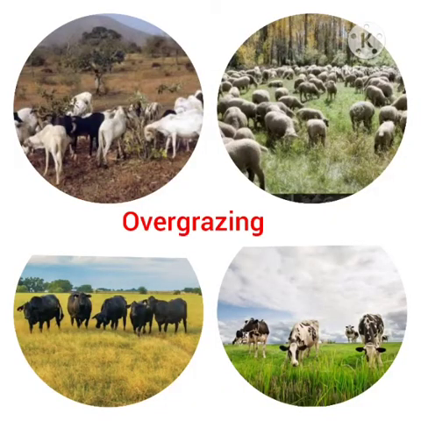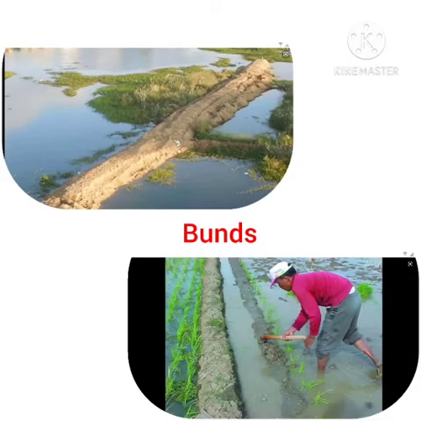In forest and grasslands, soil conservation can be done by avoiding overgrazing. In crop fields or agricultural land, soil can be conserved by making high boundaries of mud in the form of bunds. Big farms can be divided into small field areas with boundaries.